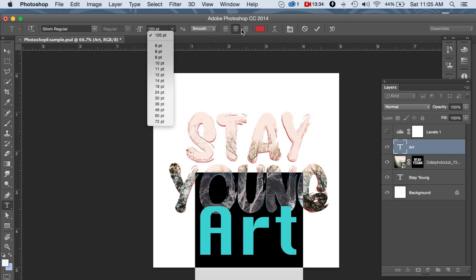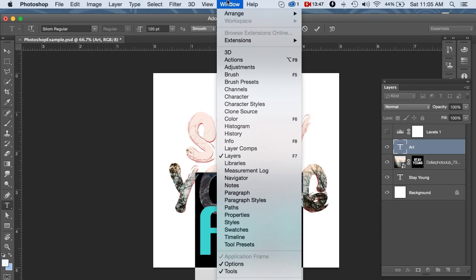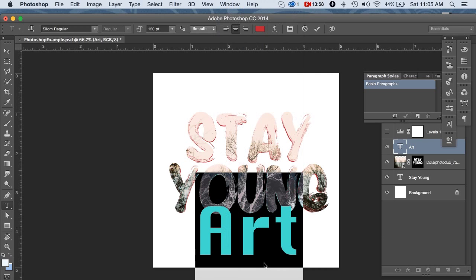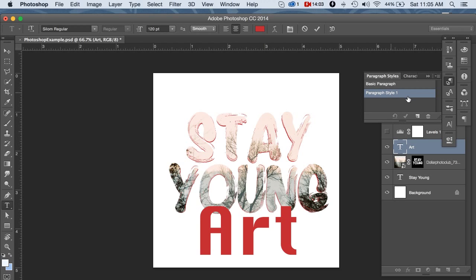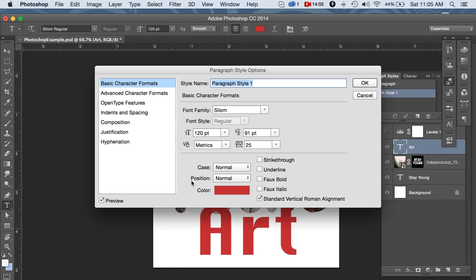You also have a general kind of breakdown of the paragraphs menu, so your basic alignments, your center, your right, or your left. And then if you wanted to, you could go to Window, and then you're able to get over to Character, Character Styles, Paragraph, and Paragraph Styles. Now, InDesign has a little bit more control, if you ask me, over paragraph styles. However, it is still really useful for being able, if you're making